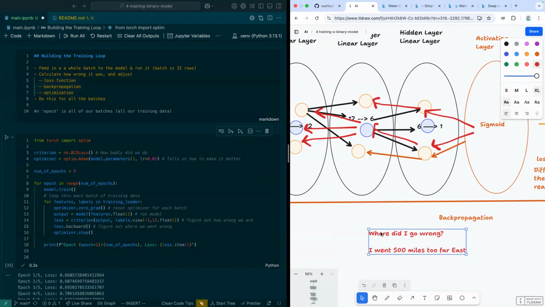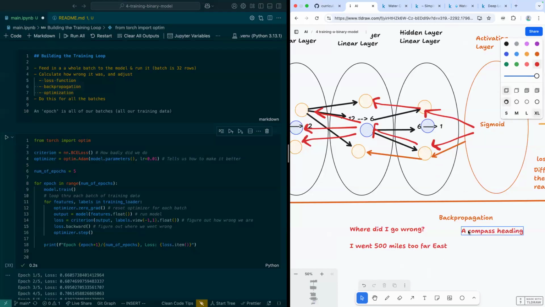If I'm looking at a map and trying to figure out where I'm supposed to go, back propagation is kind of like having a compass direction. But if I know that I need to go north, right? If I'm going from, I don't know, New Orleans to Texas, and I end up over here,